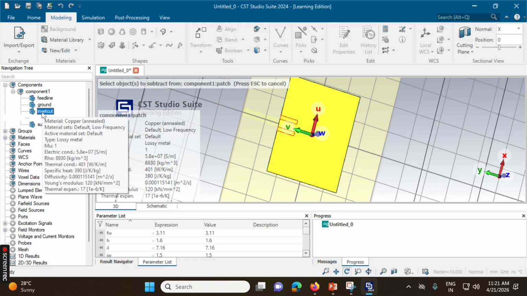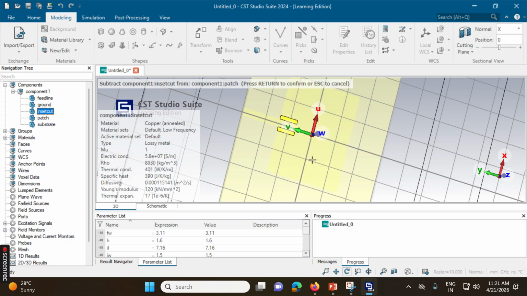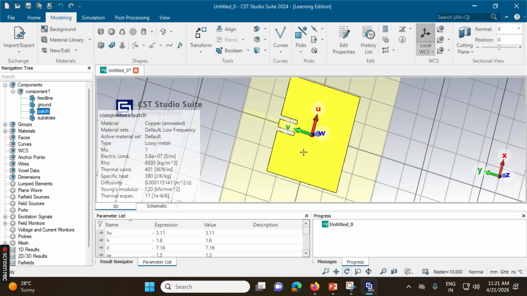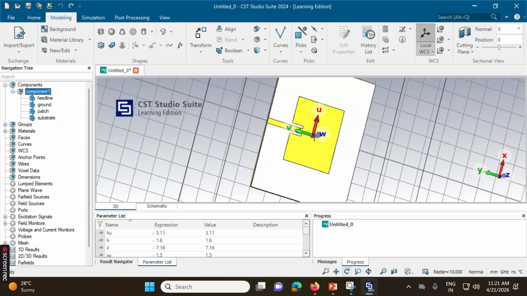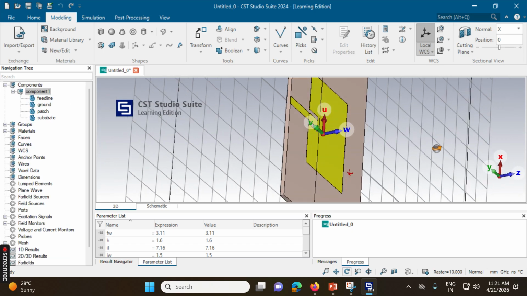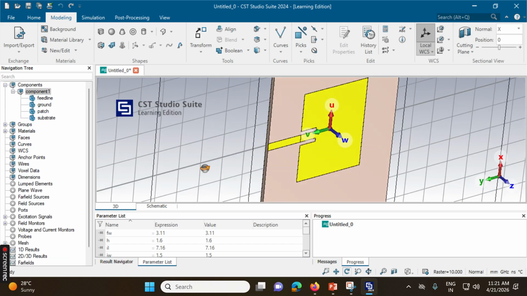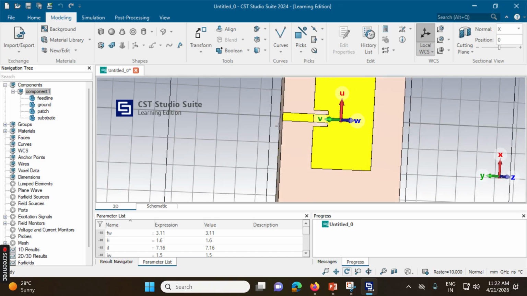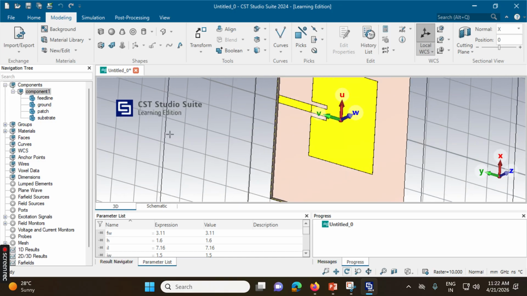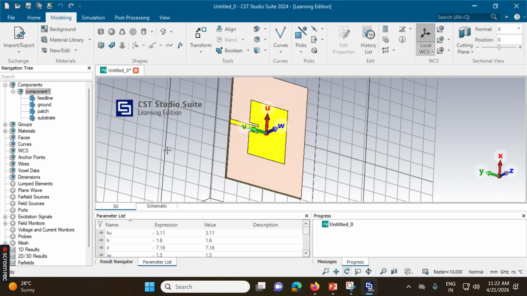Then the insert I am supposed to remove. Insert cut. Click on insert cut, then click on enter. Once you enter, now you can observe that portion has been removed. So click on component. You can observe the component has got created with the patch geometry which has been created. Now the next step is